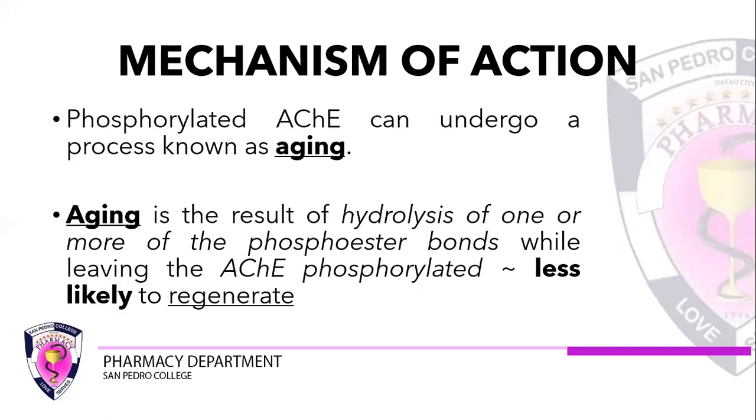All right. Another thing about phosphorylation of acetylcholinesterase is that it can undergo a process known as aging. When we say aging, it is by sense kung saan eventually hindi mag-regenerate yung phosphorylated na enzyme. So eventually, walang action ang esterase. Hindi niya gagampanan ng kanyang role. Kasi wala na ang esterase. Hindi siya mag-regenerate from aging. So, muna siya ang problem with regards sa ating mga insecticides.